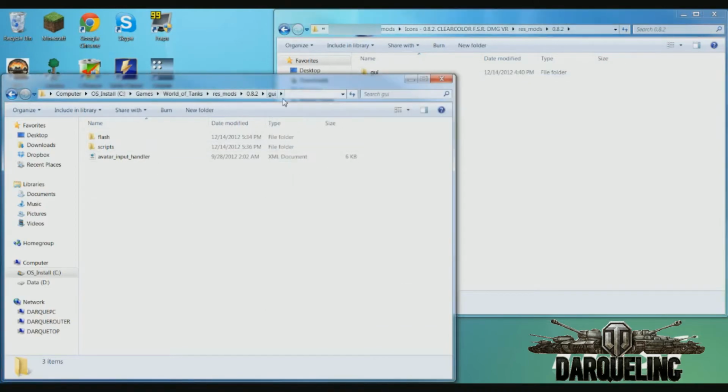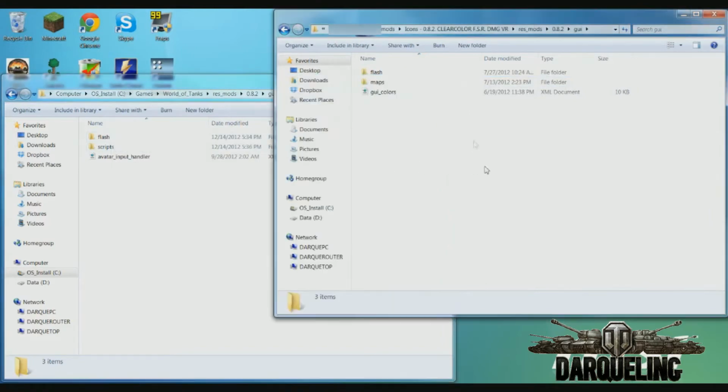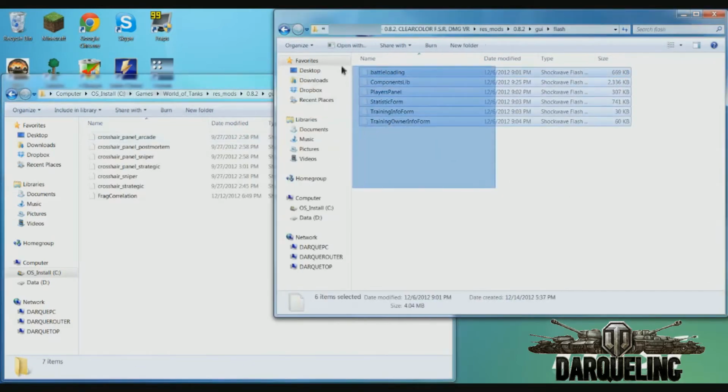I already have a GUI here, and I'm already in it. So I'm going to go ahead and open that one up, and this has Flash and also has maps. Well, I do have the Flash one already copied in here, so I'm going to go into that one, and then I'm going to go into the Flash part for the World of Tanks folder, and I'm going to copy in all this stuff from the